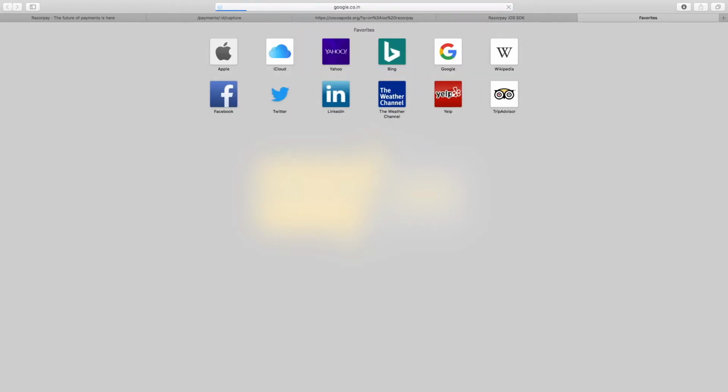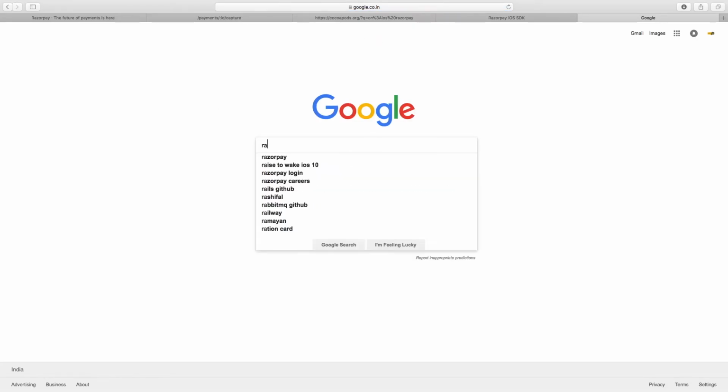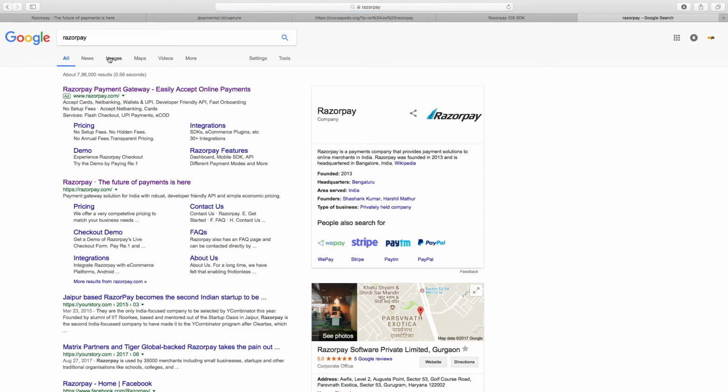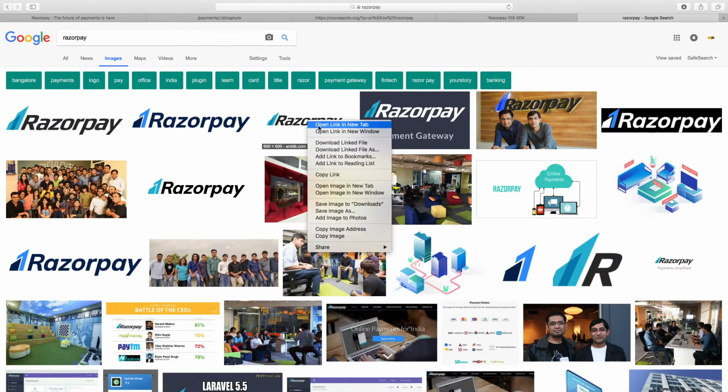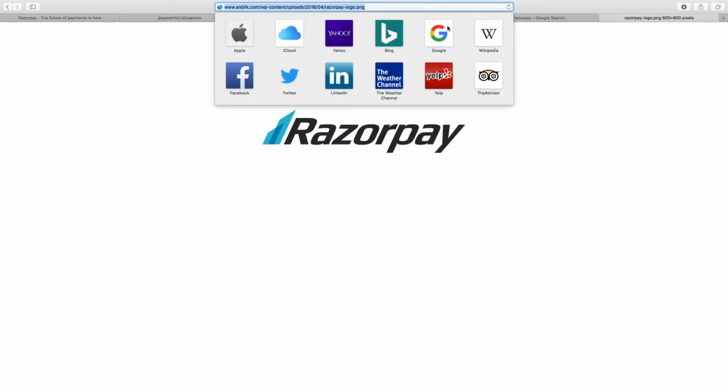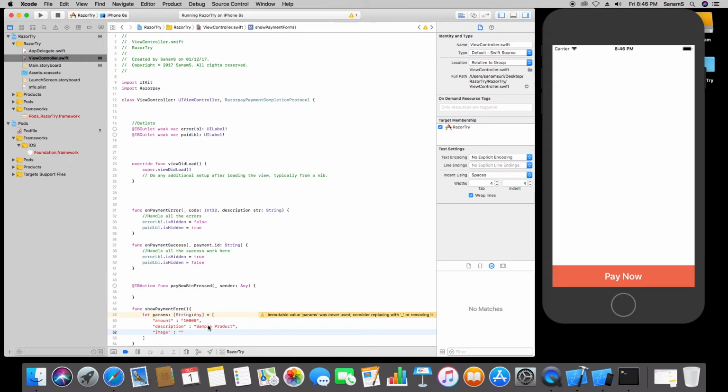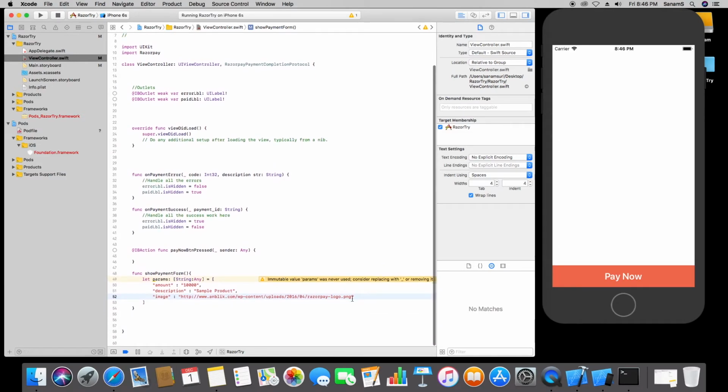Let's go to Google and search for Razorpay images. This one looks okay for me. Yeah, looks okay. View image. So I'm just gonna copy the link and put it here. Alright. So we need to do one more thing, since the image or the URL is coming from HTTP. So we're gonna have to do some settings in info.plist. We're gonna go back to that one later. Let's complete our parameters first,